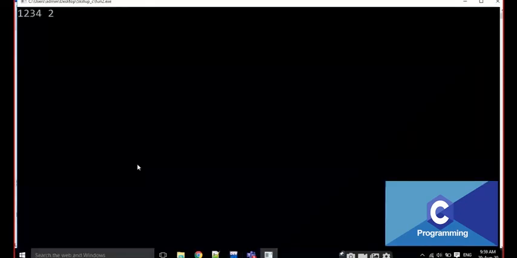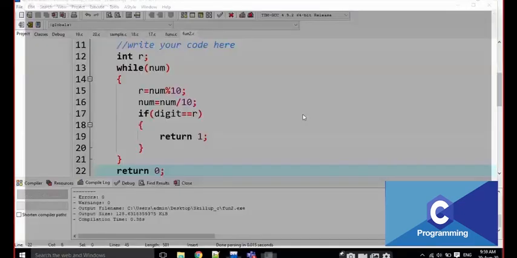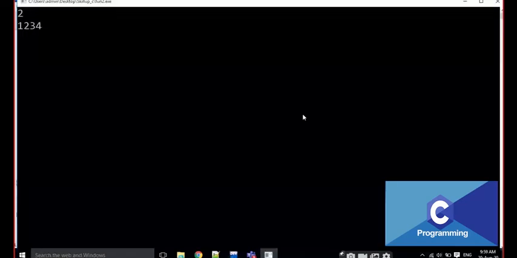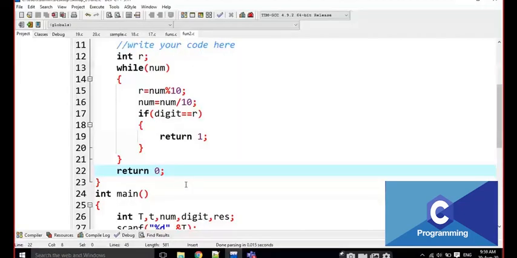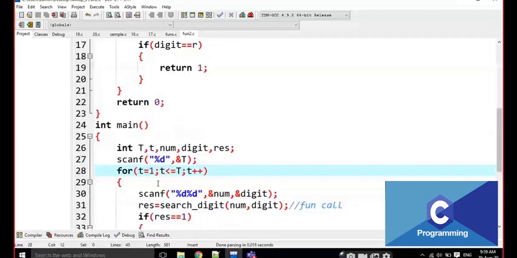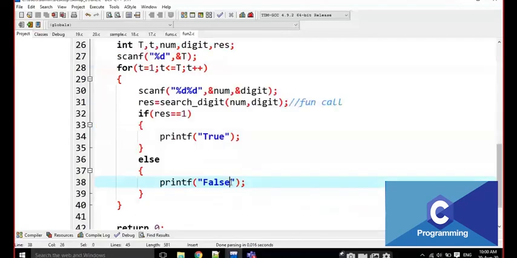First of all, we have to give the test cases, right? 2 test cases, and the input is 1 and the digit is like this. This is going to be true, and the number is like this, and the digit is 8. The output is false. Why is it asking for the next time also? Here I am taking a 0. That's why it is asking for the third time. We have to write for test case 1 to test case is equal to, right. That's why we have to write like this. Now I am going to display every time with a backslash n.